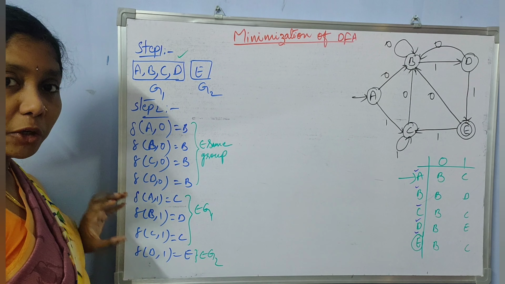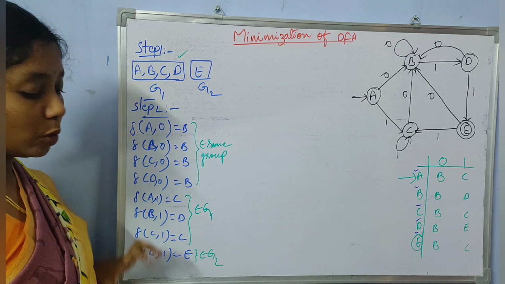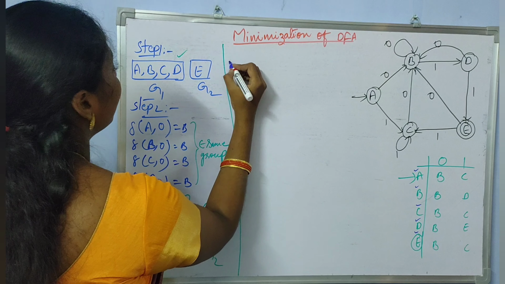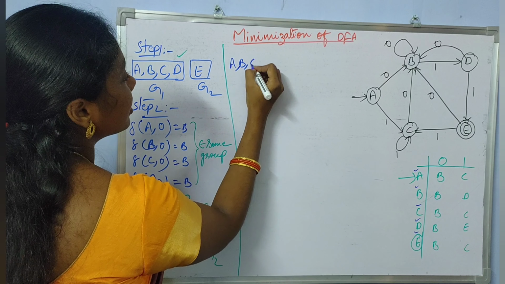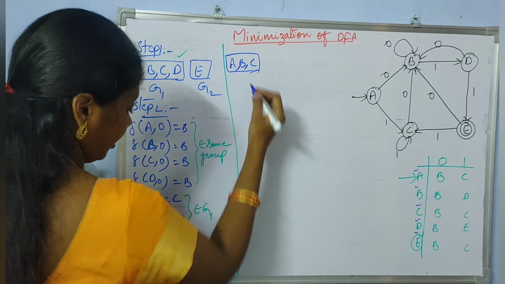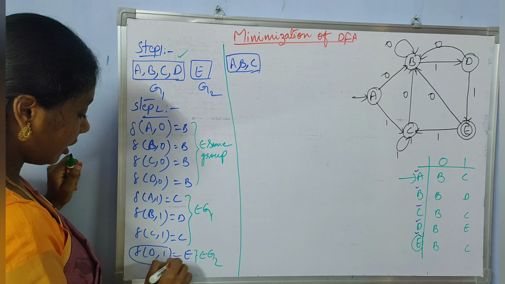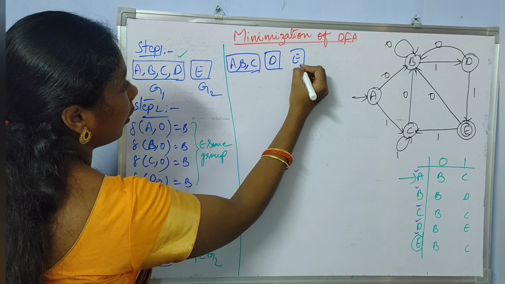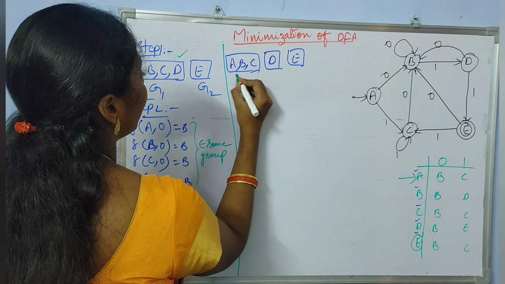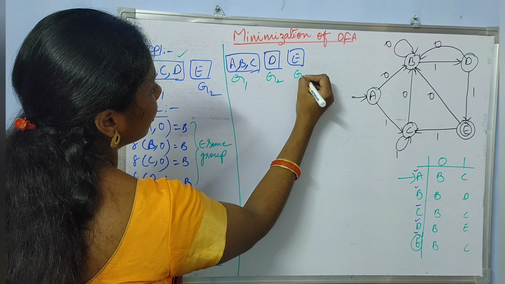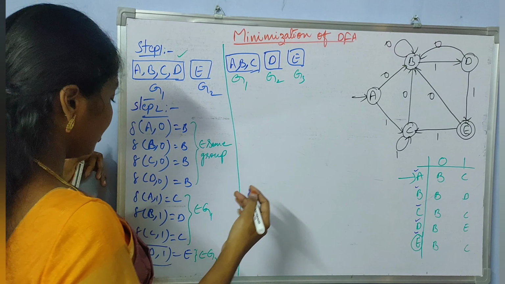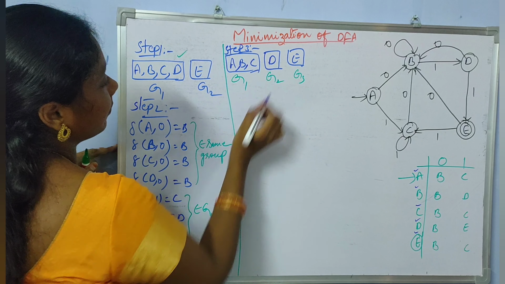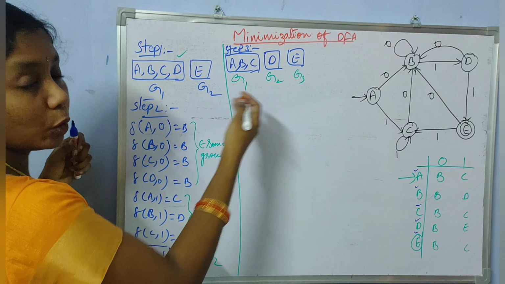So now at this stage we need to divide this group 1 into again 2 parts. So let me divide this into again 2 groups. So I am making A, B, C as one group, and this D, I need to separate this, right? And the D as another group, and E already as another group. So let us name it as G1, this is group 2, and this is group 3. So now again consider, so this comes under step 3. Now again consider group 1.